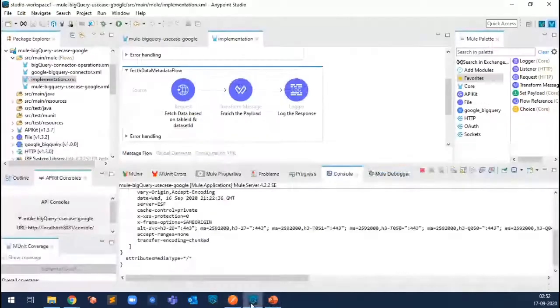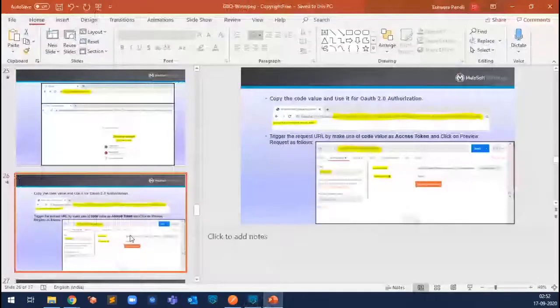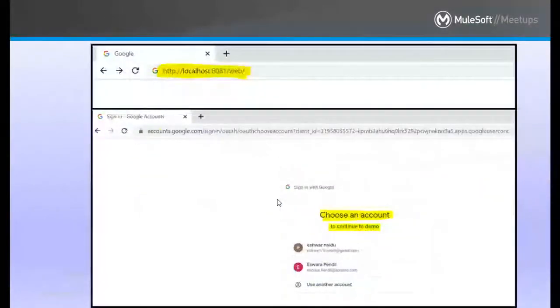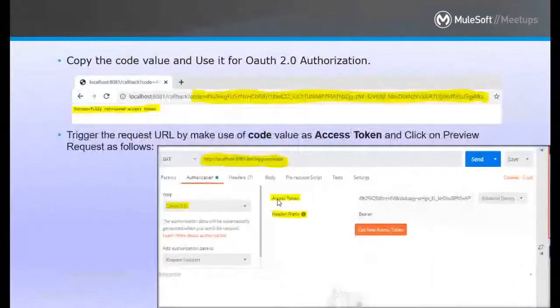Okay, so let me go back to this. I have fetched the same things here. I was using the Chrome browser to fetch the token. Once we got the token, we are simply updating it in Postman and hitting the application. Okay, so this is how we can utilize the Google BigQuery REST APIs. Before going to the next,